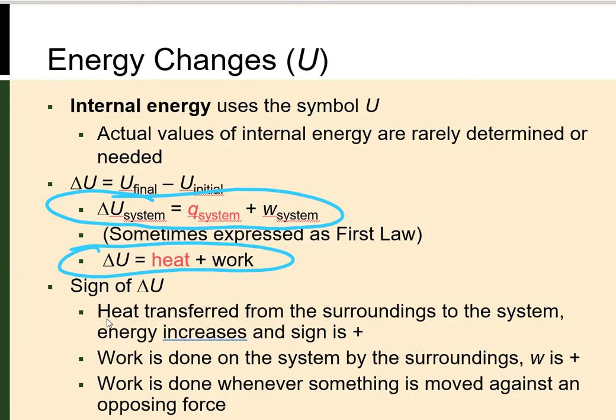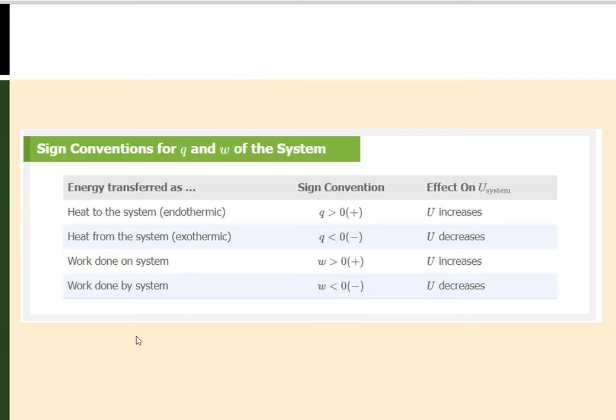So we can see the sign of delta U: with heat transferred from the surroundings to the system, energy increases, so its sign is positive. Work done on the system by the surroundings is positive. Work is done whenever something is moved against an opposing force. Here's another